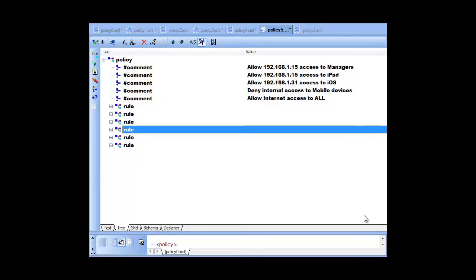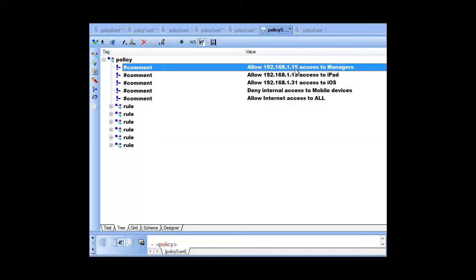So to the previous policy, we are prepending one more rule, giving access to 1.15 to managers. Here we are demonstrating one more capability of Peregrine Guard, where it can recognize the user who is logging into a BYOD, and not only the user name, but it detects the role of the user. So in this, there is a rule that says allow access to 1.15 to all the managers, whether he is using an iPad or iPhone or anything, it doesn't matter.